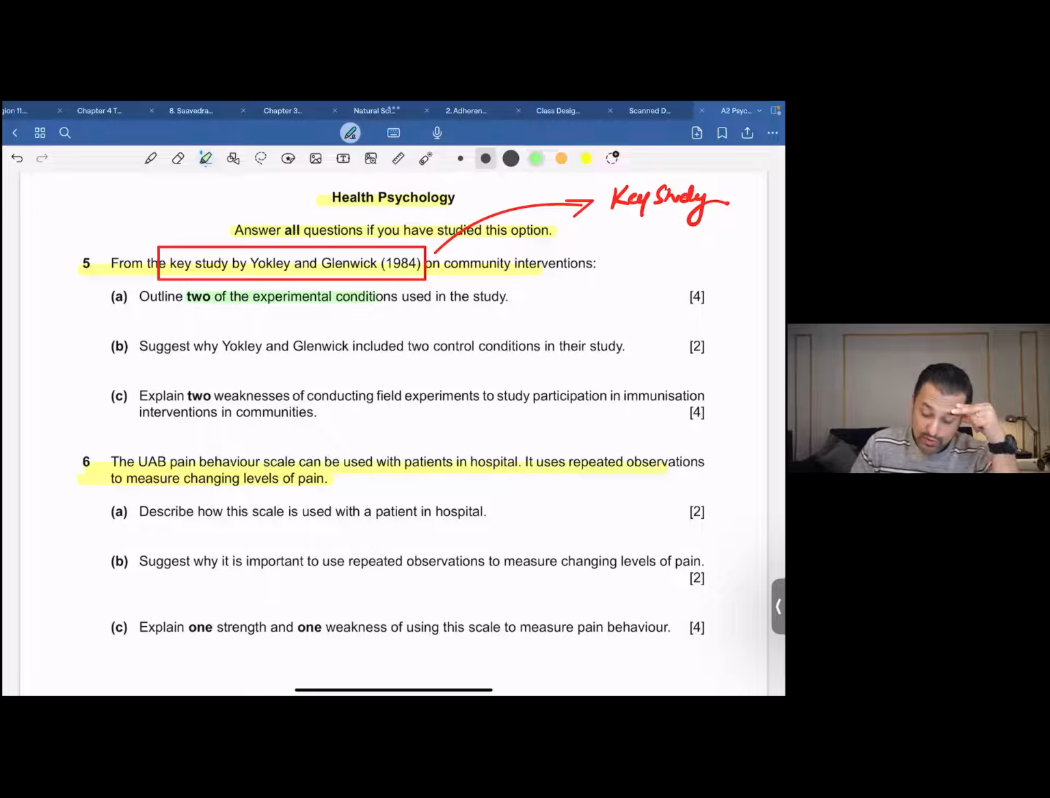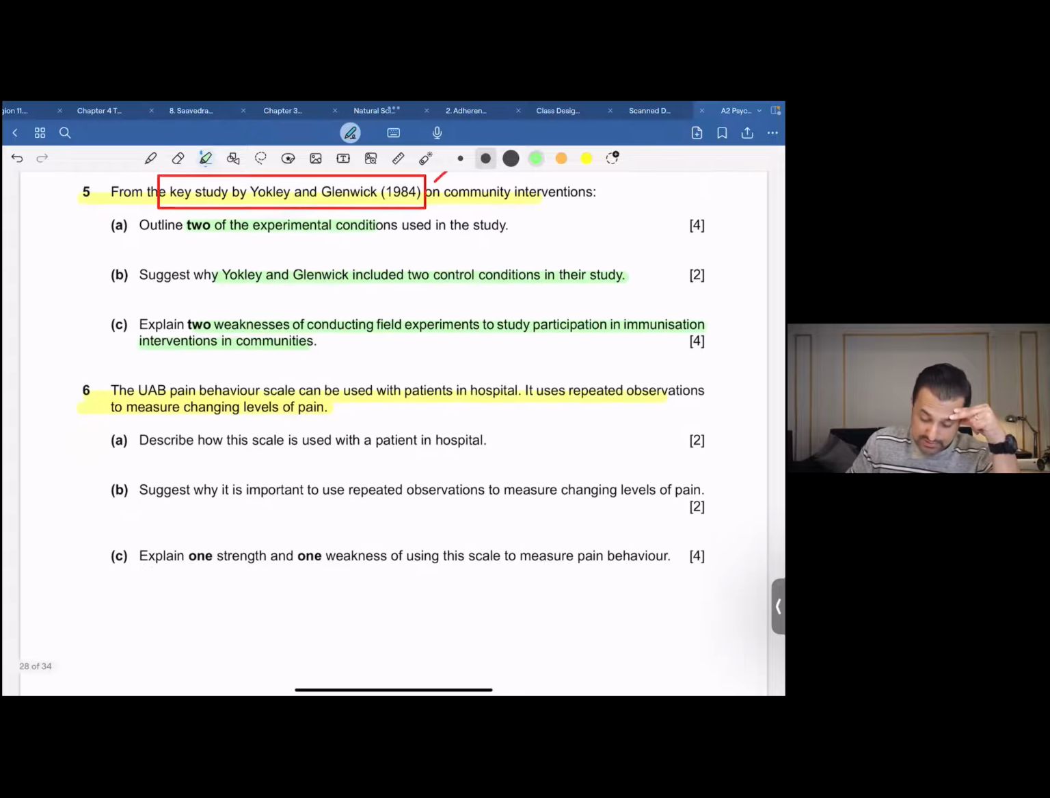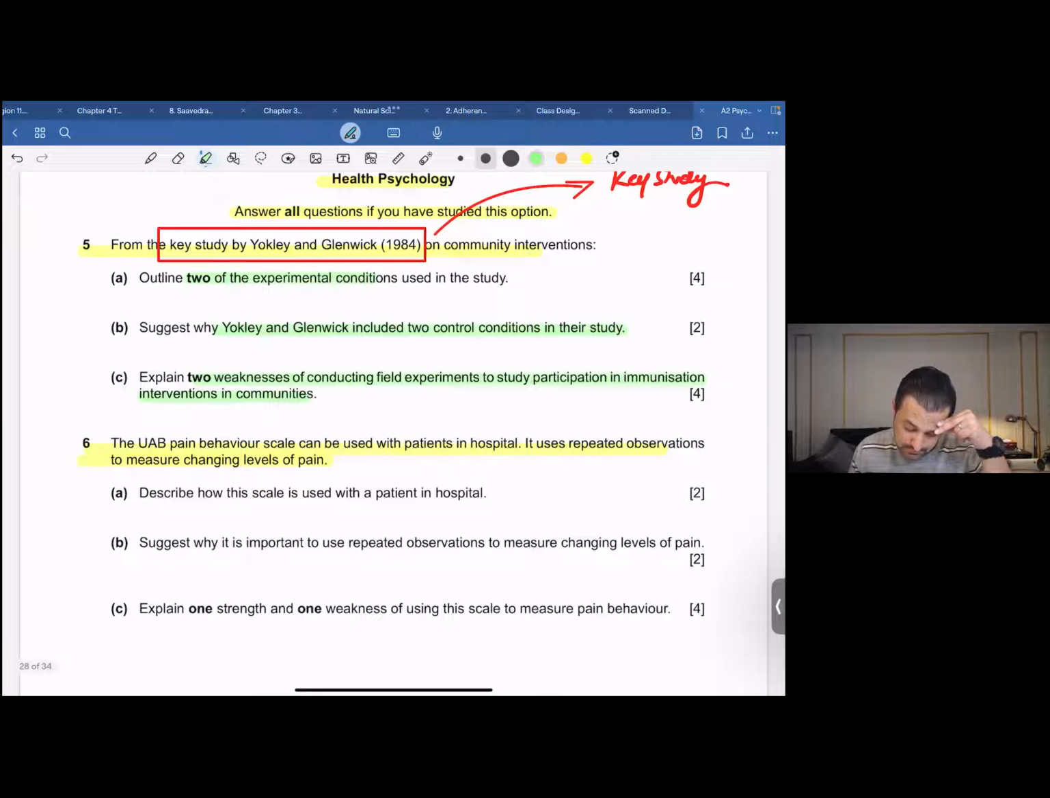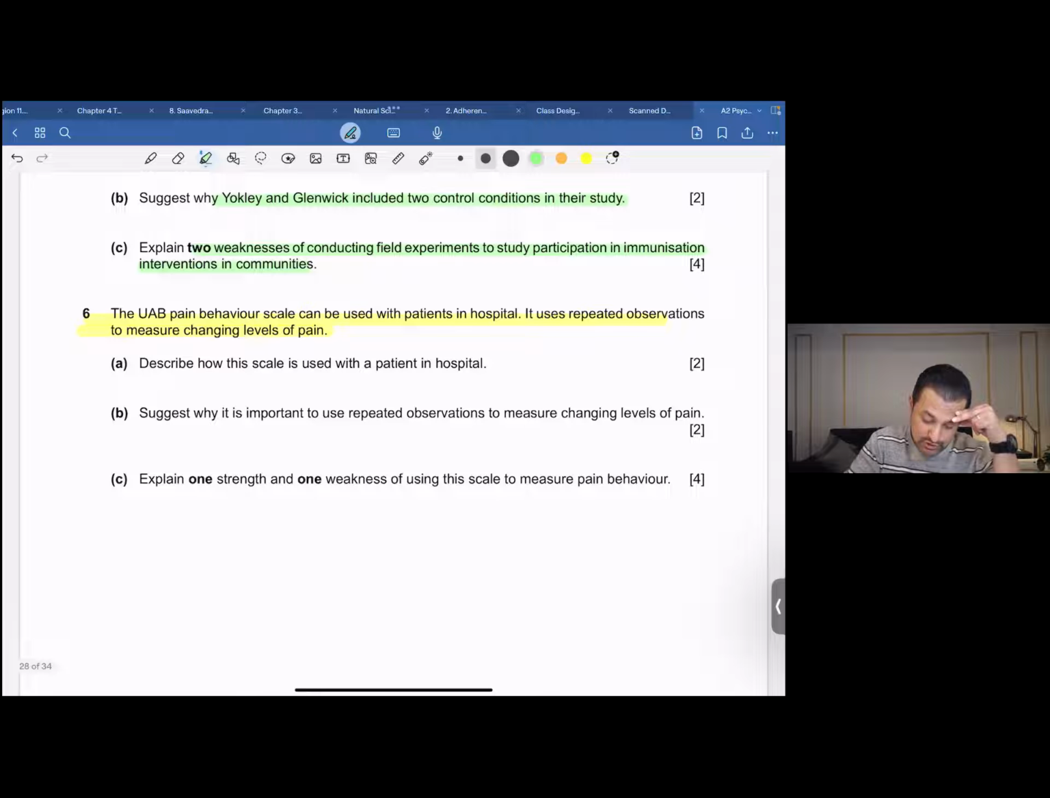Suggest why Yockley and Glenwick included two controls. Explain two weaknesses of conducting field experiments to study participation in immunization interventions in communities. So taking this ahead, moving on to the next question that we have over here, that is from the